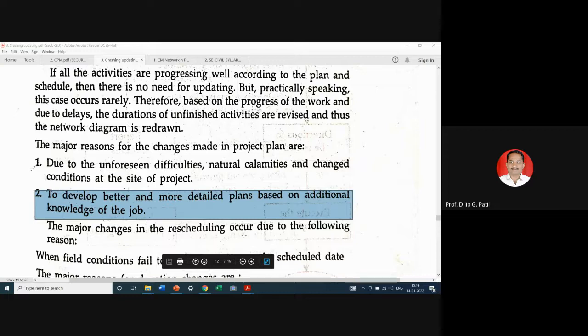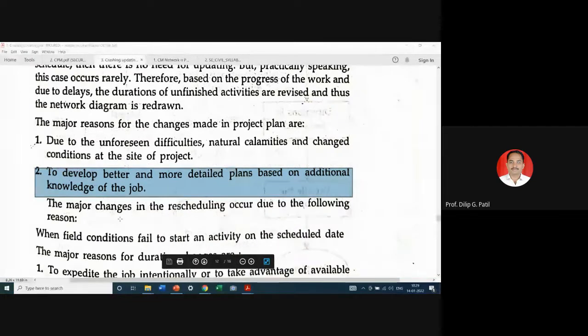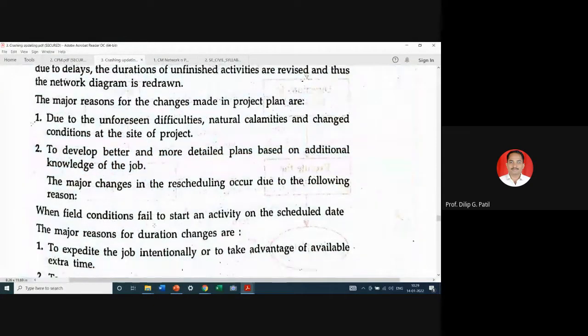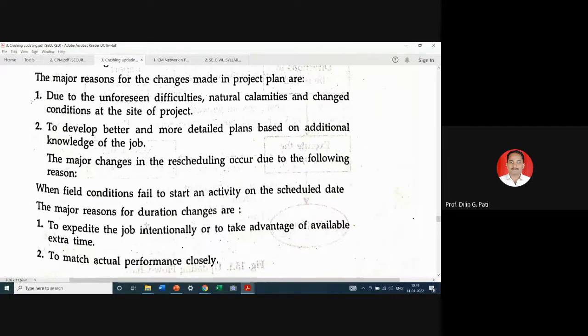तरी पण आपण 15 दिवसापर्यंतच वाट बघायला पाहिजे असं काही नाही. इफ ऑल दीज requirements are fulfilled, you can start on the next day itself. So accordingly we need to continuously monitor on the project progress. The major changes in the rescheduling occur due to the following reasons. Rescheduling का करावं लागतं? When field conditions fail to start an activity on scheduled date. The major reasons for the duration change are, म्हणजे बऱ्याच वेळा साईटवरती त्या पर्टिक्युलर डेला ती ऍक्टिव्हिटी चालू होऊ शकत